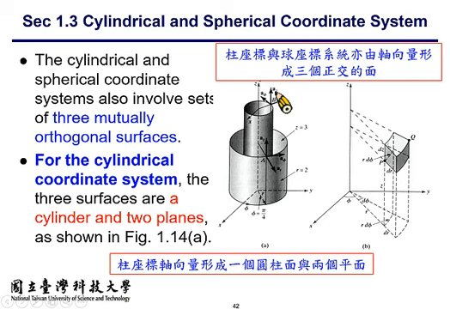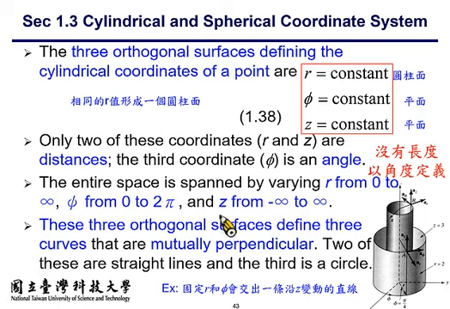The differential volume in the spherical coordinate system becomes a little bit more complicated. 先预告一下。